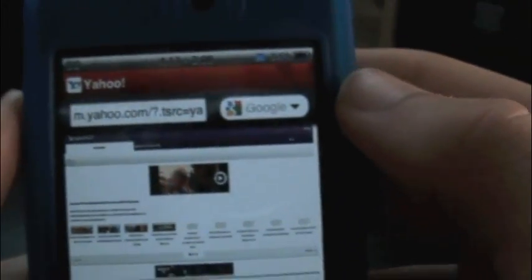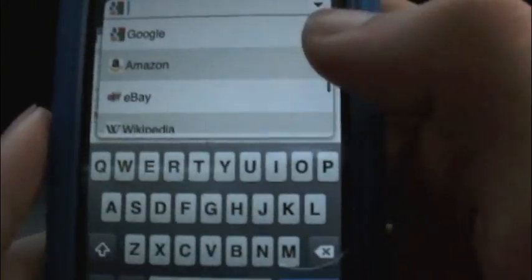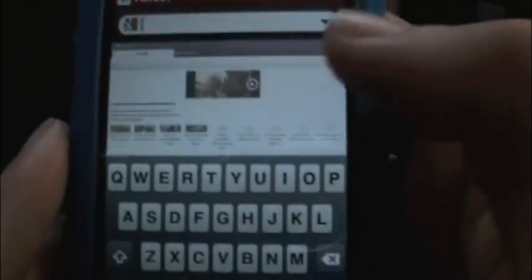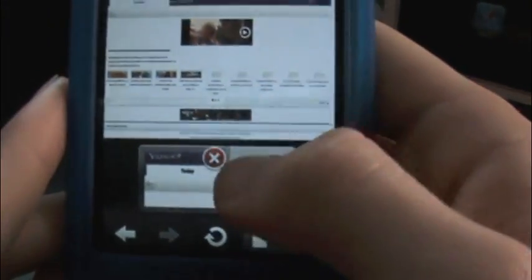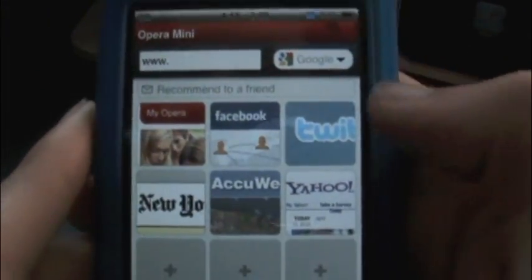We got the address bar, the Google bar, the drop down, which gives you a whole bunch of things to search from, such as Amazon, eBay, Wikipedia. Just hit the cancel button. Down here you got your navigational bars, your refresh button, your tabs, which you can have a whole bunch of tabs open at once. So say I wanted to go to Twitter, I can click on that,